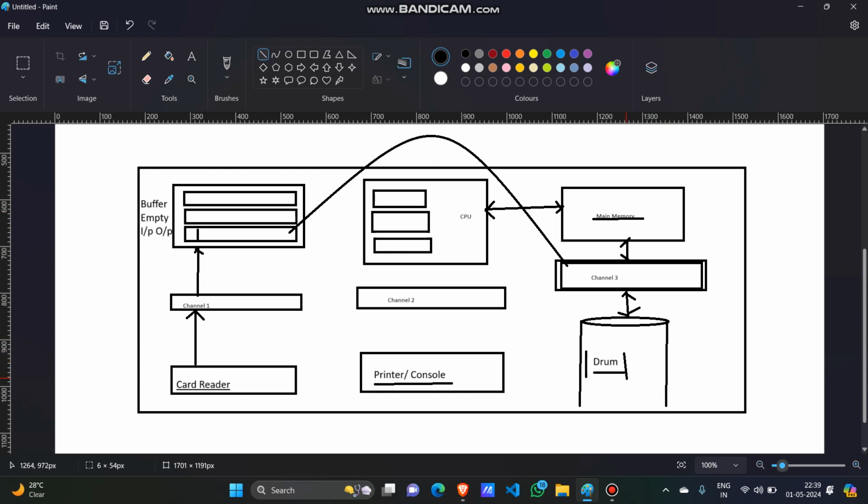So what we would do is, we take that data from drum, we would load it into channel 3, and after loading that data into channel 3, we would send it to output buffer, right? After sending it to output buffer, since my output buffer is loaded, it's pure coordination, right? I would send it to channel 2,